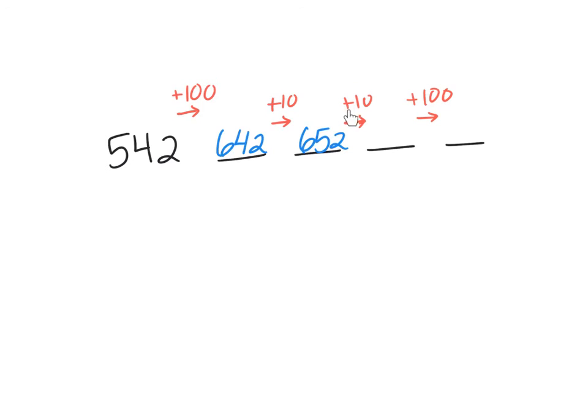Okay. And then my next arrow says I'm increasing my tens place number again. So I went from 642 to 652 to now I'm going to go to 662, because that increases my tens place. So all of my tens place numbers right here, 4, 5, 6, have grown. But now my last one tells me I have to increase my hundreds place number again by 1. So my final answer that I'm going to see is instead of 662, it's going to now turn into